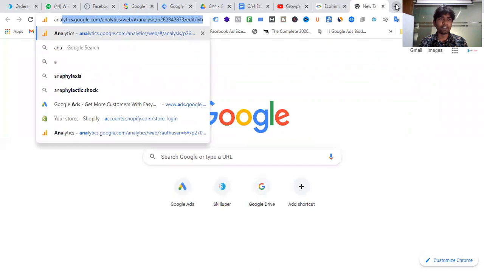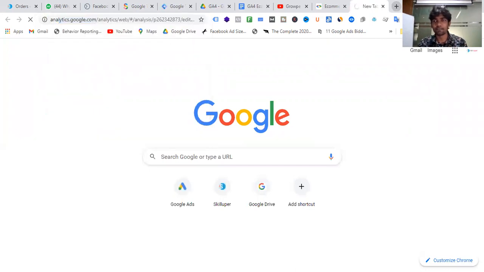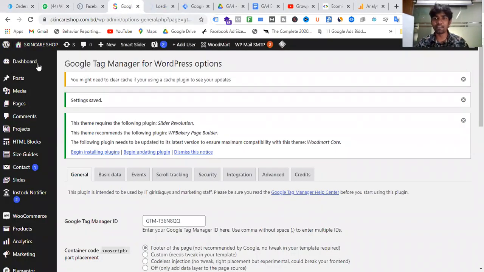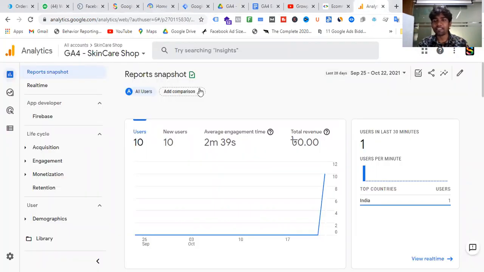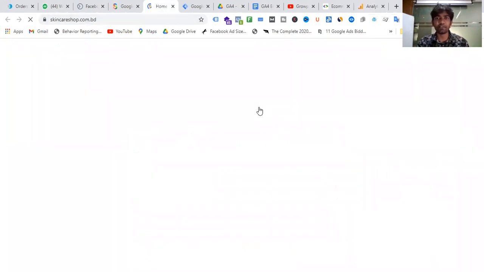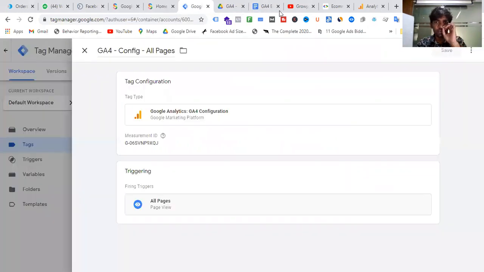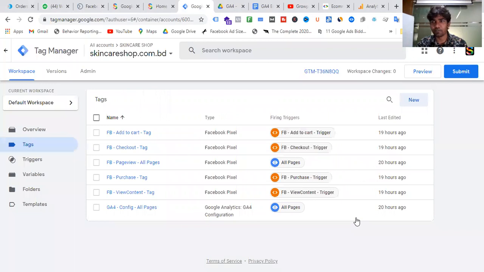And if we go to the analytics section, we have implemented GA4 in that website already. This is the live site. I already implemented it here. Now I will set up how to track e-commerce in GA4 using the GA4 schema. So first of all, according to the data sheet, one thing we can do